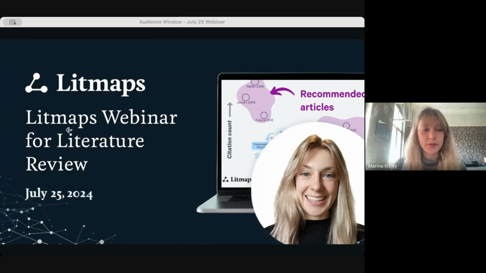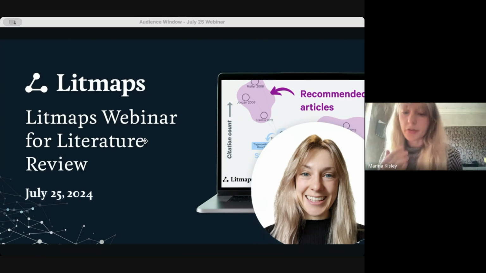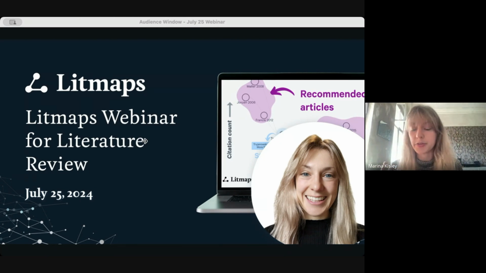As I mentioned, we're going to go over the lit review process, going over two key workflows or concepts with Litmaps. One is exploring a brand new field, diving into a brand new literature review, and how do we use Litmaps for that? And the other key workflow is doing a really comprehensive search. The literature review process is of course very big, but these are the two key areas where